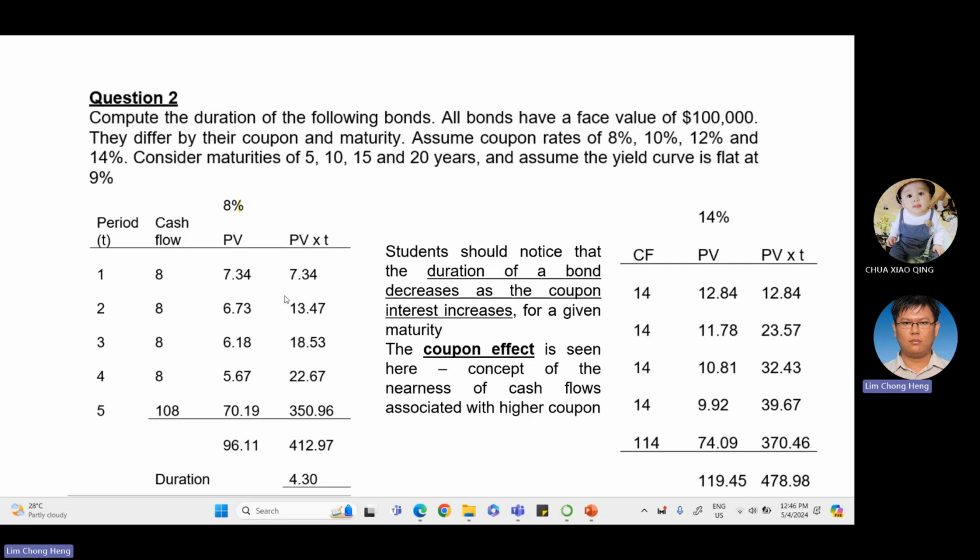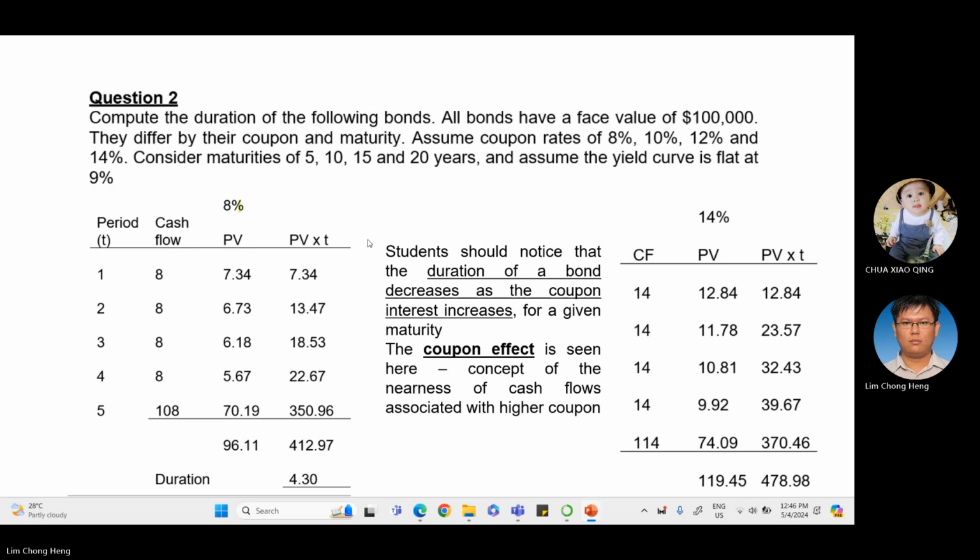Okay. So now I want to show you the coupon effect. Normally in the final, one of the popular questions is to calculate the duration. The formula for the duration is we sum all the future cash flows,